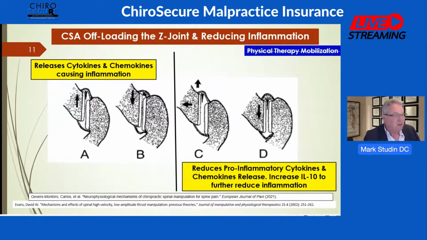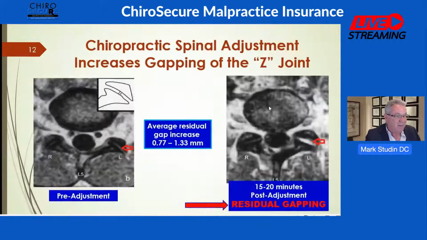Now, when we look at this and we talk about releasing the cytokines and then it stops, the next thing you do is we go to MRI. Here's your facet pre-adjustment. This is your facet post-adjustment, and it gaps. You have residual gapping, which lasts for about 15 to 20 minutes initially. That's the only research I could find so far, and the average residual gap increase is 0.77 to 1.33 millimeters. And then what you're doing is you're adjusting, it's like 1 grain of sand at a time. You're creating a